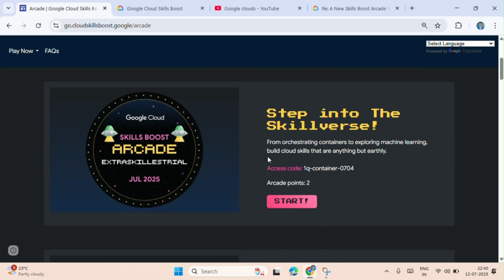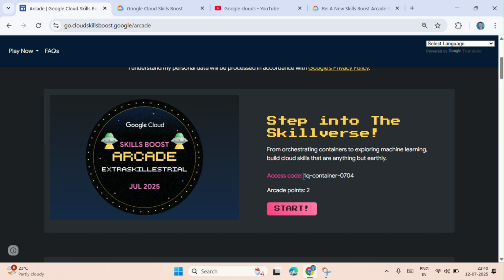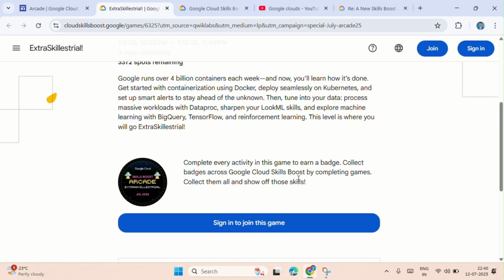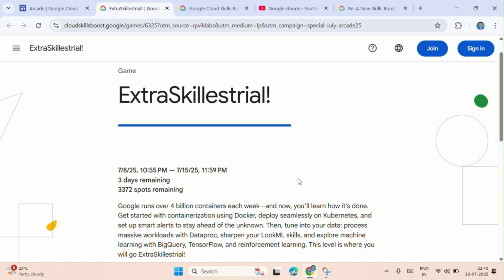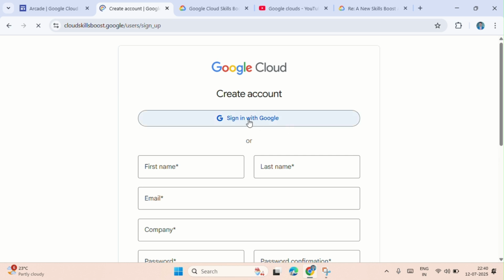So let me start. First of all, guys, you have to copy this access code, and click on start. If you don't have a Skills Boost account, you just have to create one. Those who already have an account just have to click here to join, and you can click on sign in with Google.